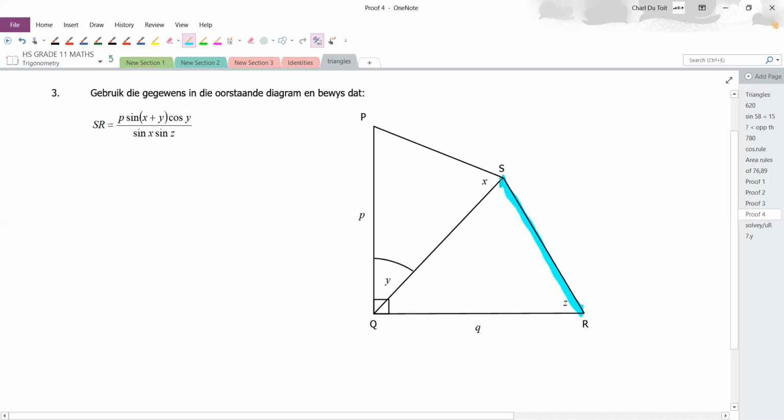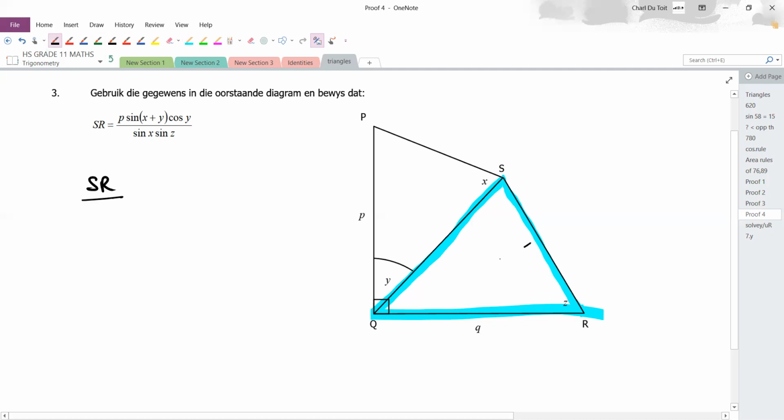So the first triangle is SQR. Very good, very good. So you started with that triangle. Yes, sir. Good. And then you said SR is what I want. Yes, sir. So SR